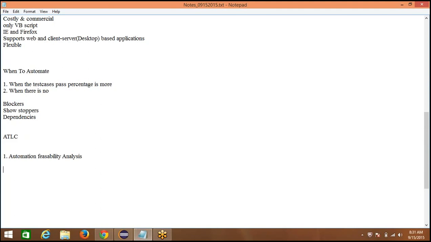Anyways, I will provide you detailed notes about these things, so that it will be good for you when you read those concepts and questions. And somehow I am going to touch on the same. In the automation feasibility analysis, we want to see whether the requirements are clear and crisp, because once the requirements are signed off by the customer, if we want to change, there would be a big impact on the business.